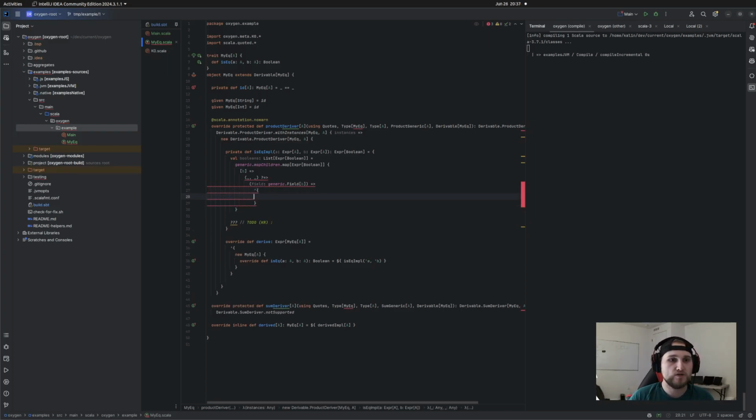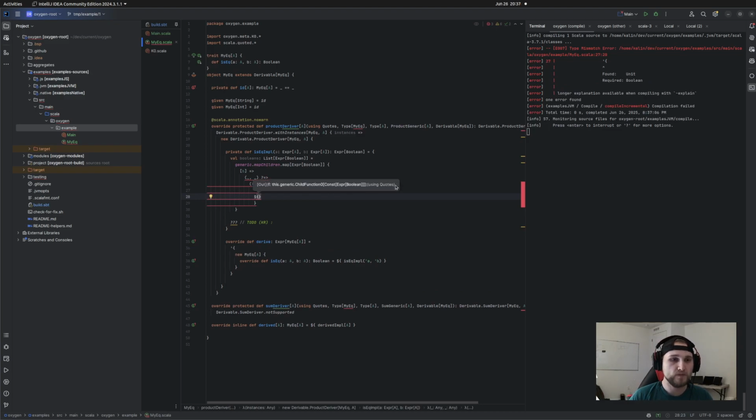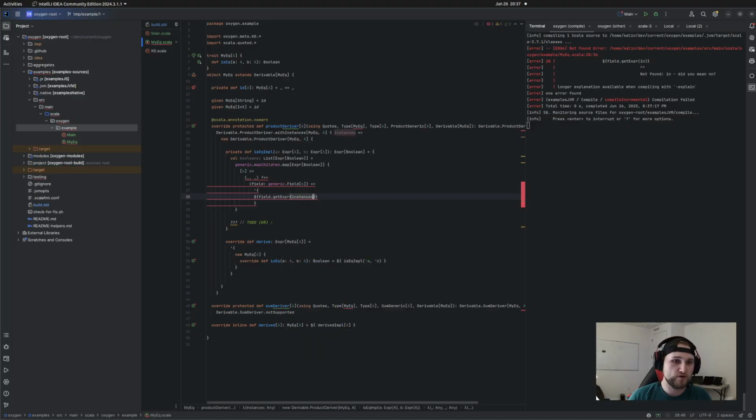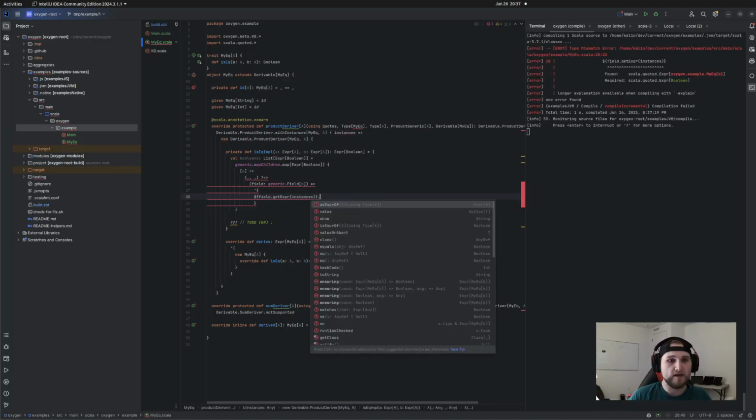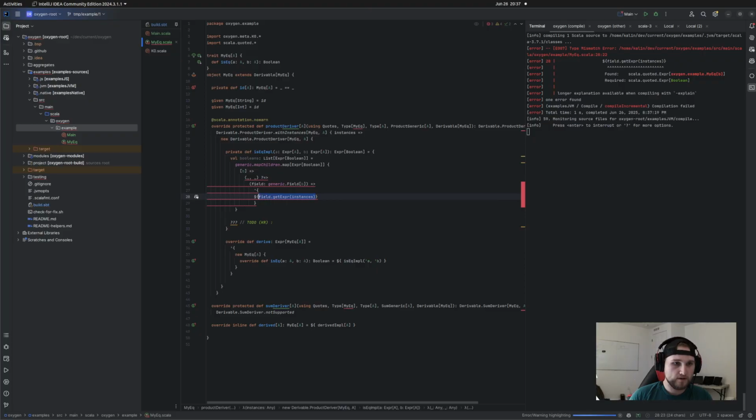We want this to be... we need to get our type class instance. So if you followed along in the last episode, the way we do that is we do field.getExpr, and then this is now an Expr of MyEq of B. So on the outside of here, it's not labeling that correctly, but technically we've interpolated our Expr, so now we just have a MyEq. So with a MyEq, we use this isEq,